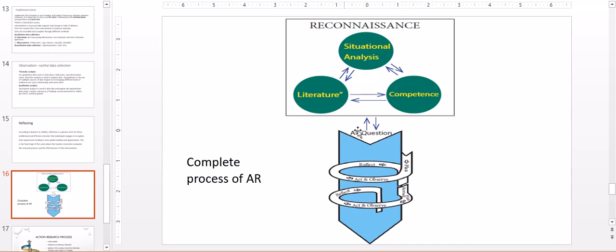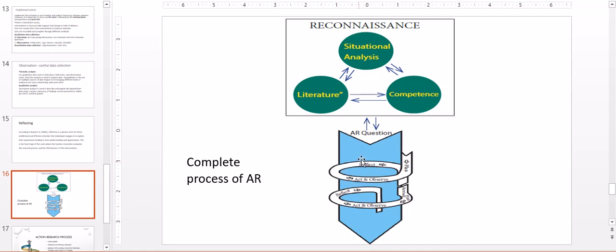Once more, I'm showing here how reflection is directly related to the action research spiral cycle. This is the action research spiral cycle. You are going to see that in the beginning there is planning, then there is acting or implementing, and when the action is implemented, we observe and collect data. And once we have collected data, we analyze it qualitatively, quantitatively, or thematically, and that